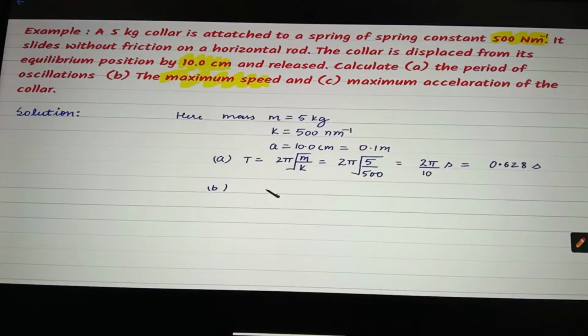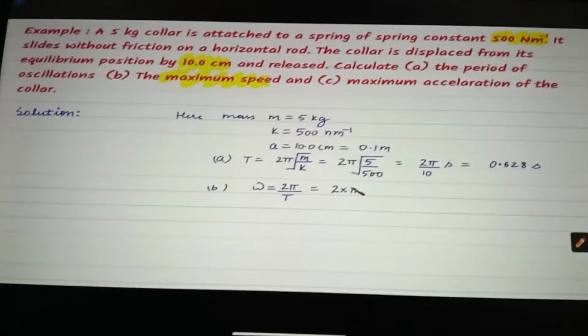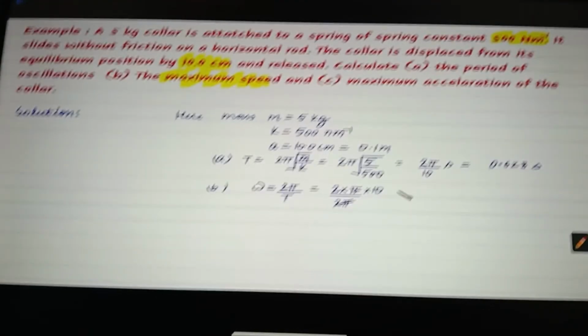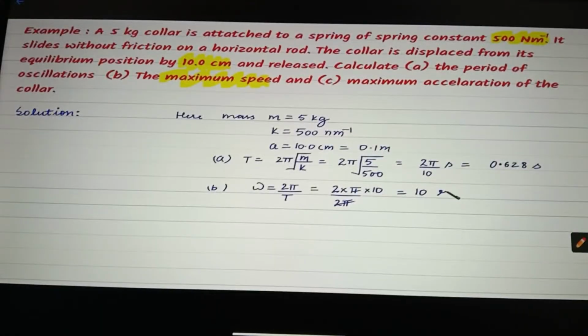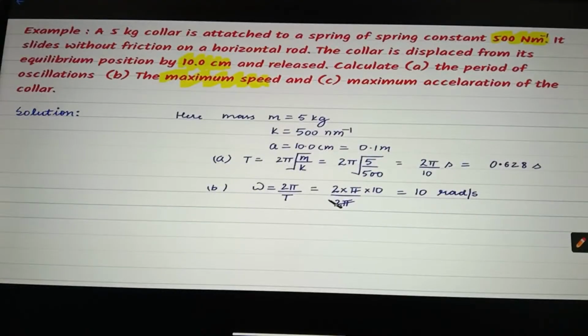Moving over to part B, in part B we have to find the maximum speed. Maximum speed is given by the formula. Omega is equal to 2 pi by T. So that will be equal to 2 multiplied by pi divided by the time period. So that is 2 pi multiplied with 10. 2 pi cancels with 2 pi here, and this comes as 10 radians per second. And we know that